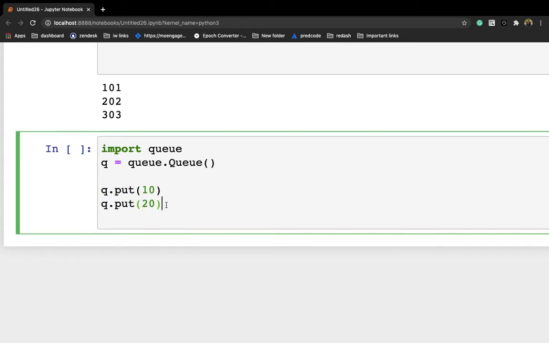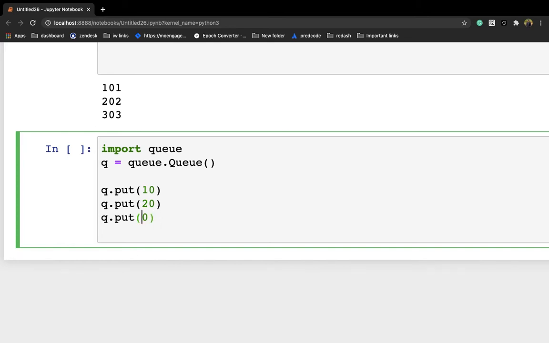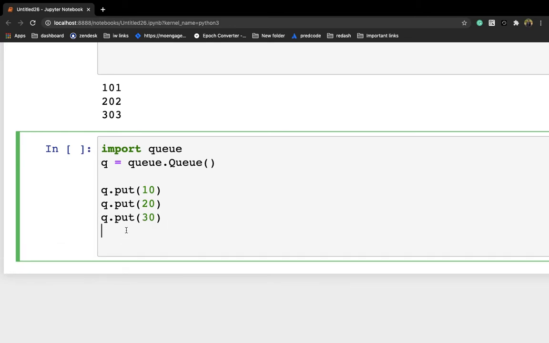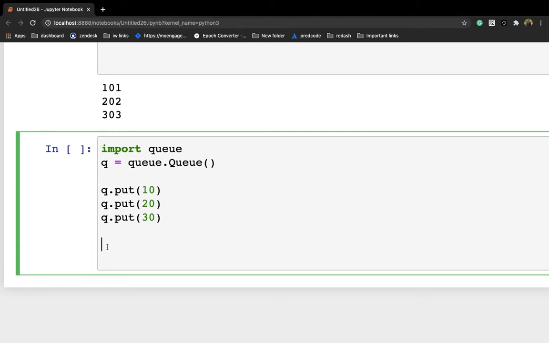Let's say I'm writing 20 here, then 30. And after that let me pop the element. So I'm writing here print and then q.pop.